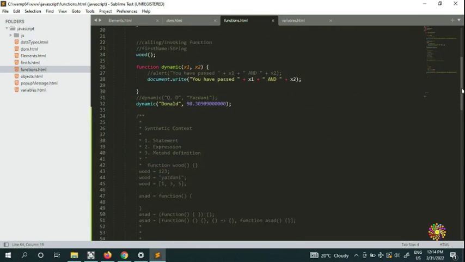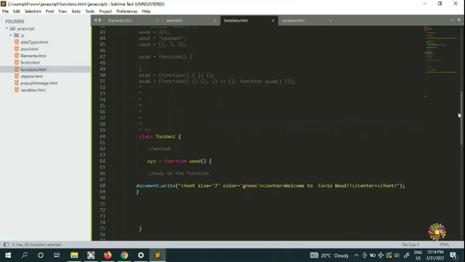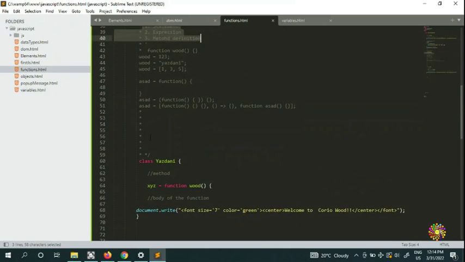Okay, so we have seen the syntactic context and we've seen statement, expression and method definition. In this video I was thinking to show you guys the key binding, but it's a very advanced topic, so we're gonna go ahead with our